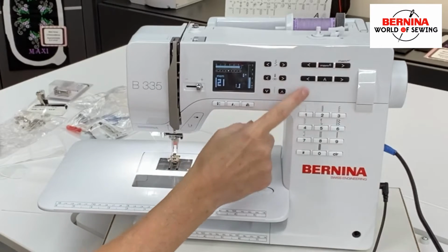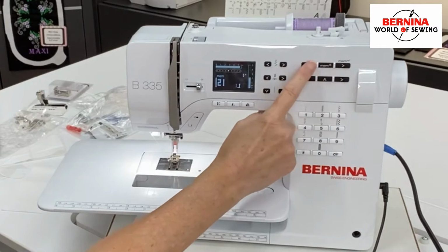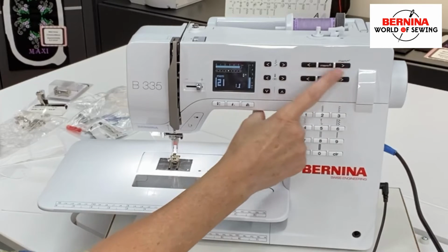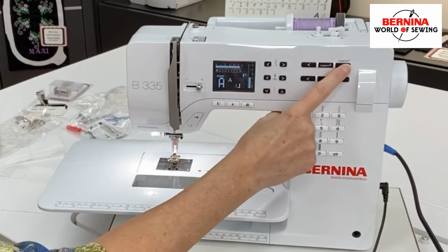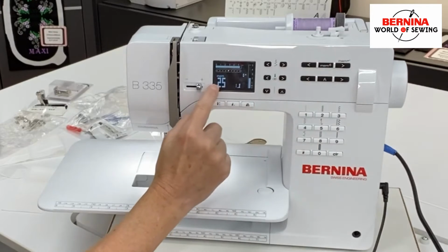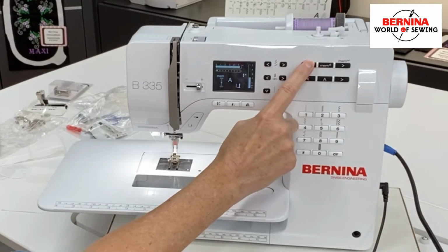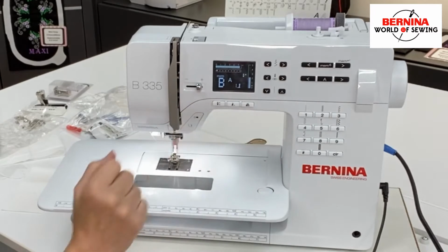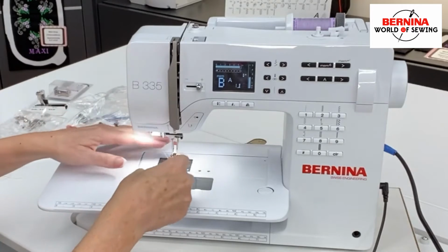To actually go back and preview to make sure everything is done properly, I'm going to touch the arrows to either side. So I'm going backwards. So that was stitch number 25, which was the last thing I put in there. There's my space. And if I go all the way to the beginning, we now have Bernina in memory. When I stitch that out,